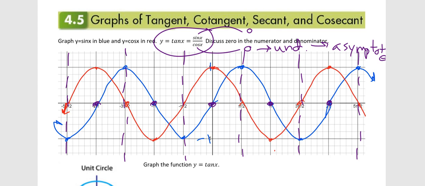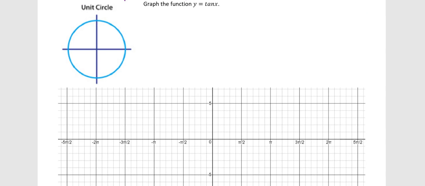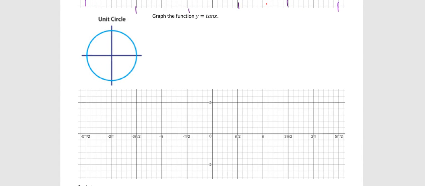Okay. So what happens when we graph the tangent function? Let's look at this circle. And so we just showed on the previous graph that every time we hit an odd pi over 2, we were getting,